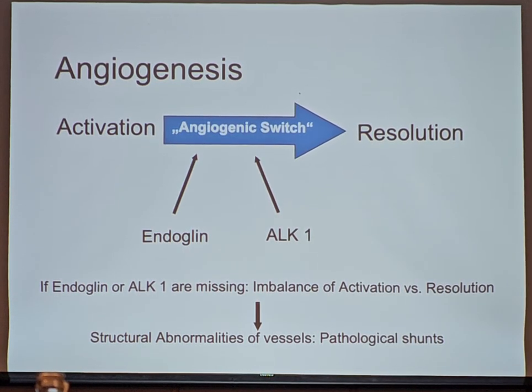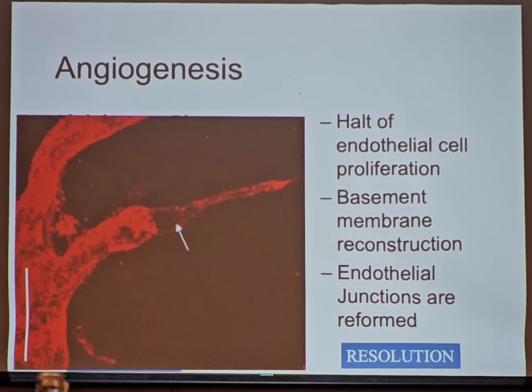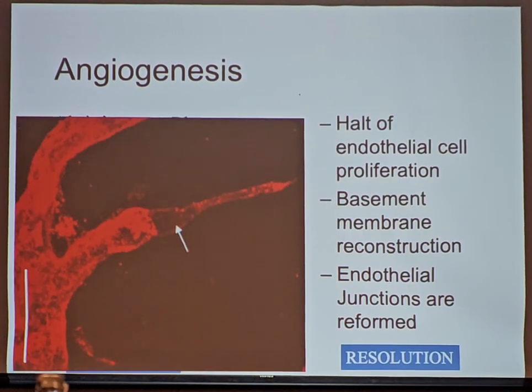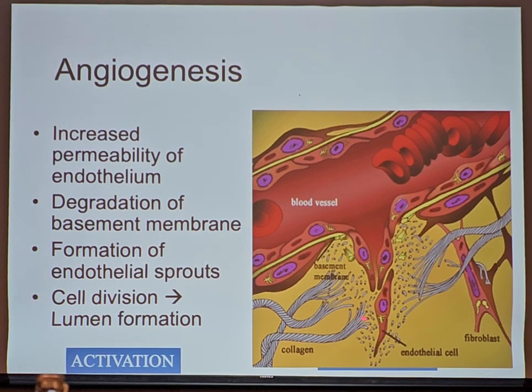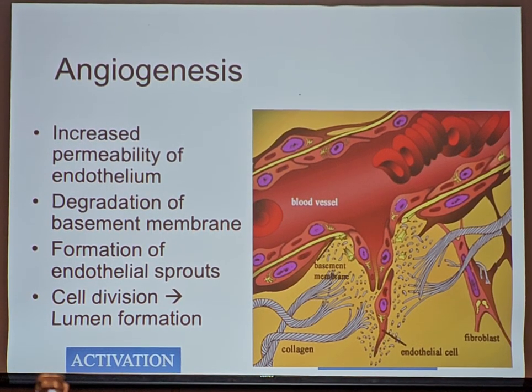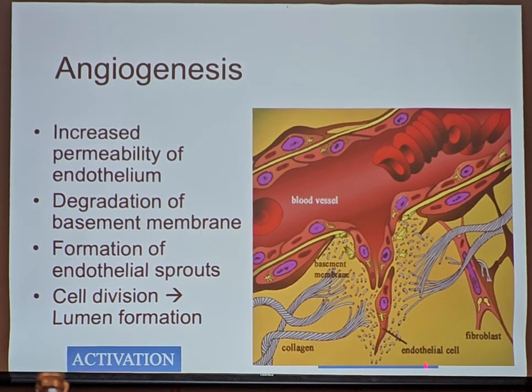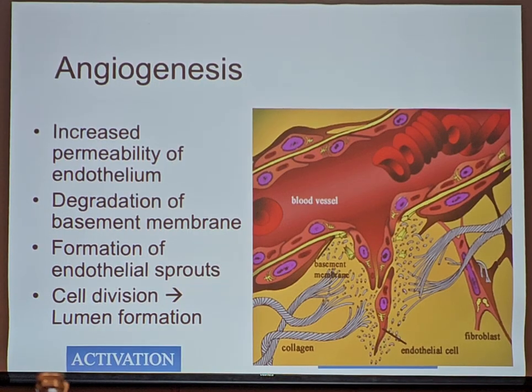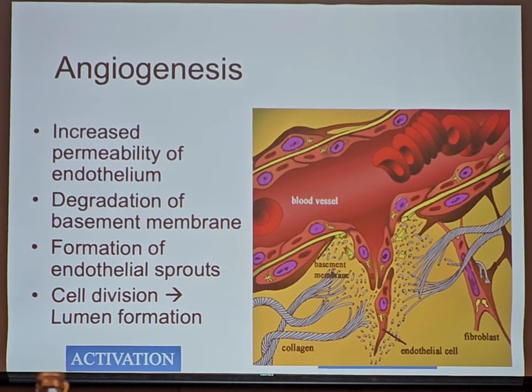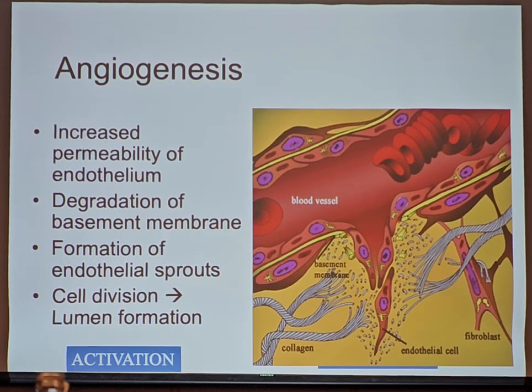The other importance of this angiogenic switch, of the difference between the activation and the resolution phase, is in this area here where you have the formation of endothelial sprouts. This is where the KRAS pathway will become of interest. That is another different pathway from the HHT pathway that can explain AVMs. Because in the KRAS pathway, you will have an overactivation of the sprouting luminal formation, and therefore there are too many blood vessels moving into a tissue that have no connection and they have no use, and they will form a sporadic brain AVM.